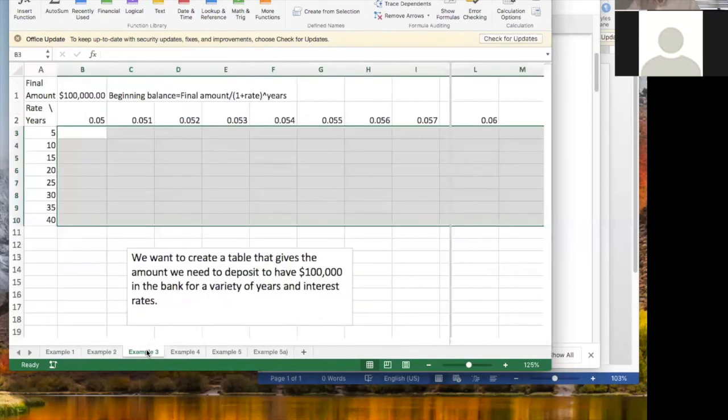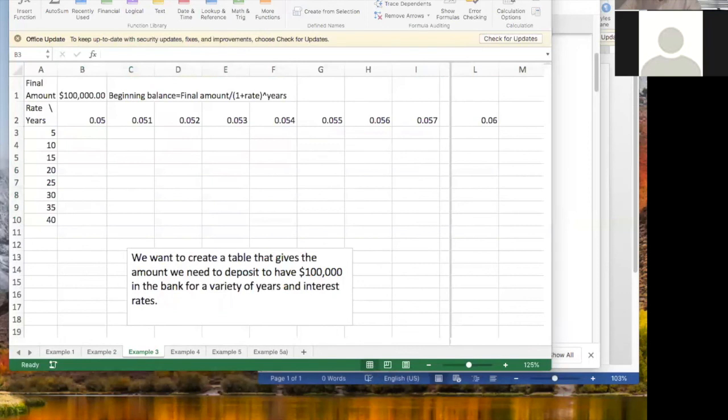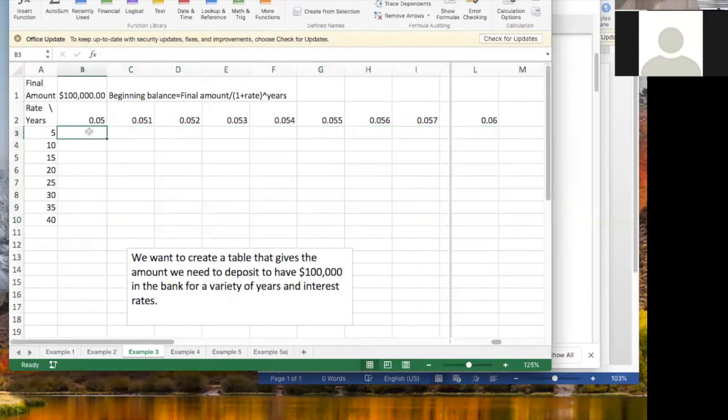Let's look at example 3. Example 3, I want to have a table that gives the amount we need to deposit to have $100,000 in the bank in a variety of years and interest rates. And the formula is, I want my beginning balance to equal the final amount divided by 1 plus the rate, raised to the power of the number of years. So in all of these cells, I'm going to want B1 as my initial value. So $B$1,